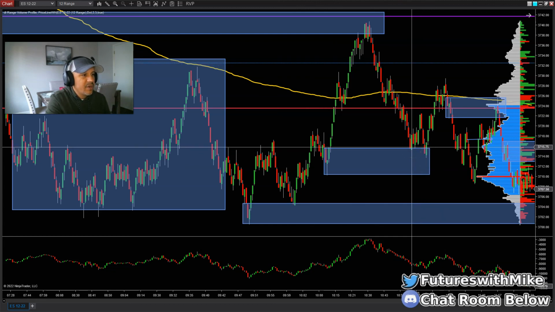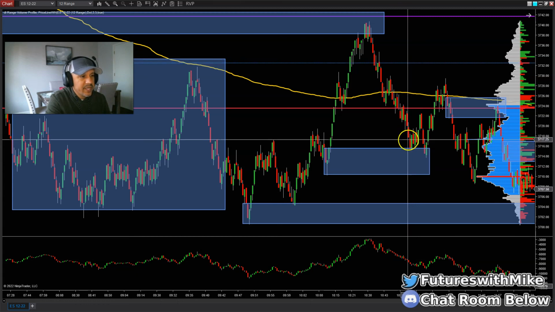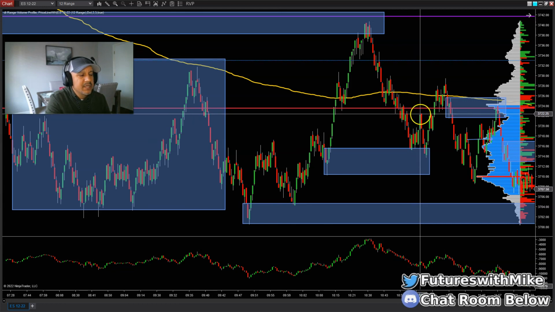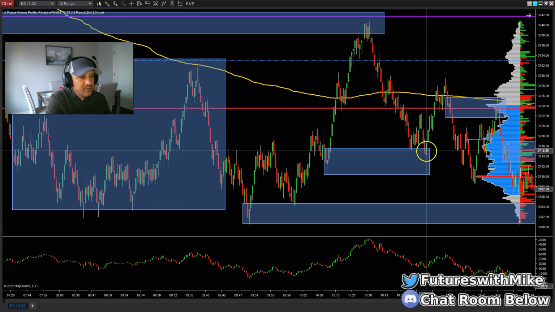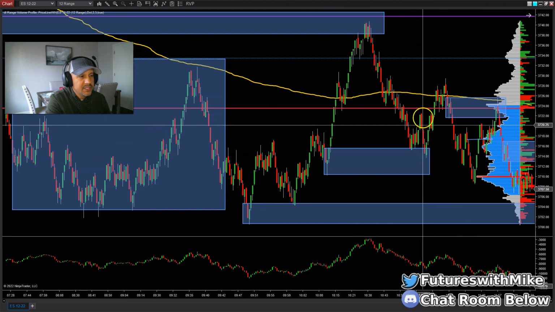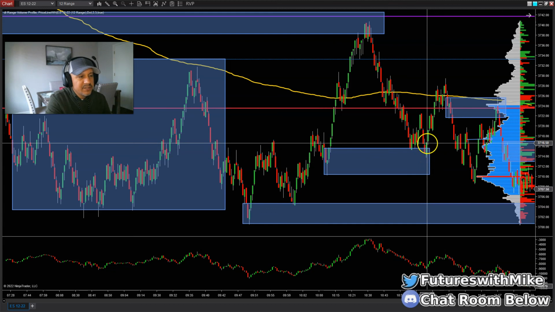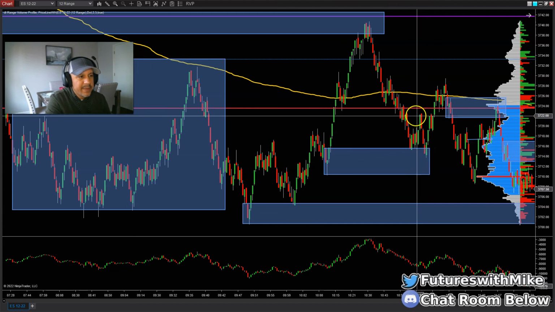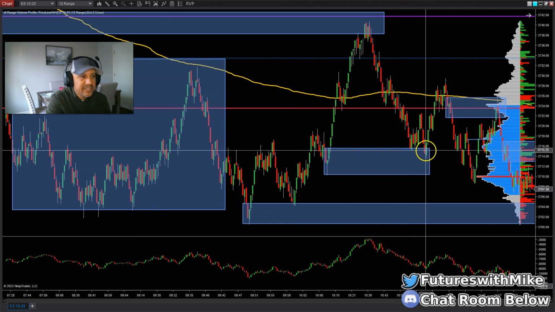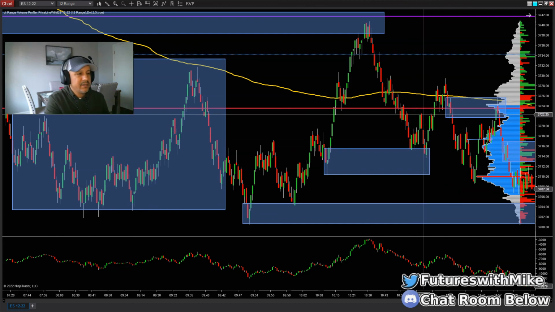So if you took this entry right here, you could enter at the break of this green candle, above the body of this red candle, and take it back to this little high right here. It gives you a second opportunity as well when price comes a little lower into the zone. So there was one opportunity, two opportunities, same thing. Break of a candle to the upside above the body of the red candle, take it back to the high right here where this liquidity is sitting, meaning the top end of this swing. The last swing to the downside, take it back up to the high right there.